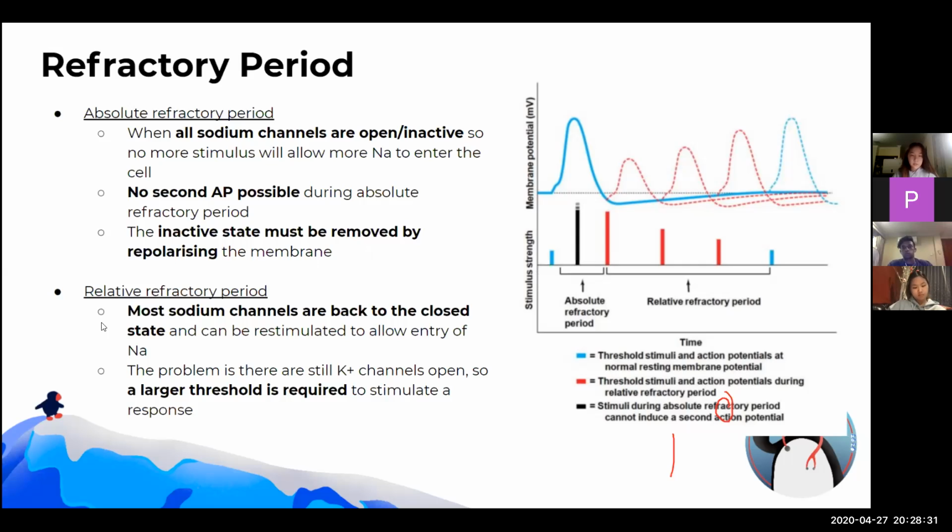Now, our relative refractory period is slightly different. This is when most sodium channels are already back to their closed state. When they're closed, they can now be re-stimulated to open and allow entry of sodium ions. The problem here is that during this time, although it's possible to essentially elicit another response or another potential,